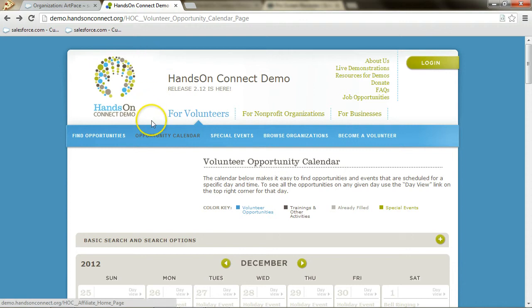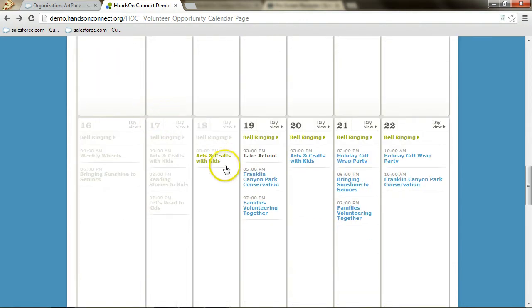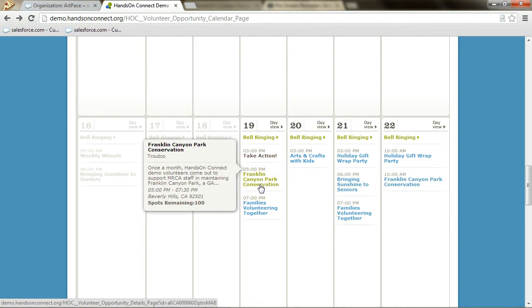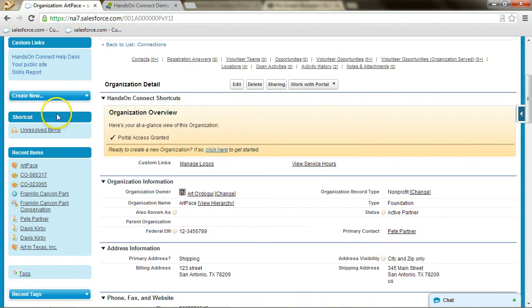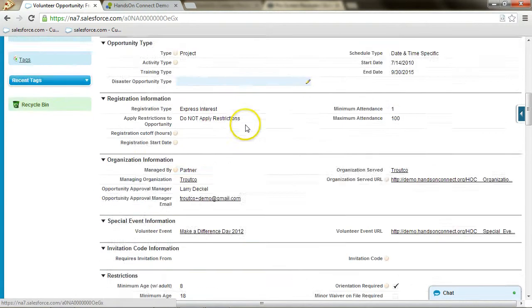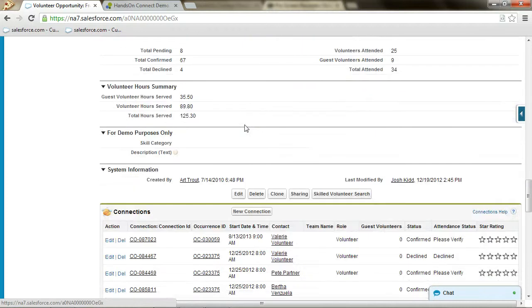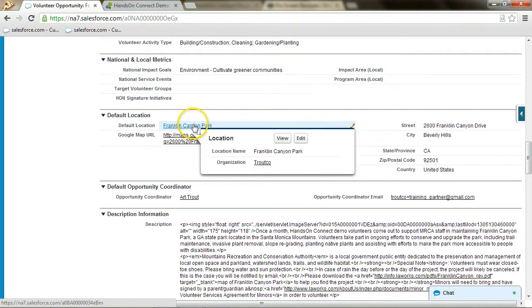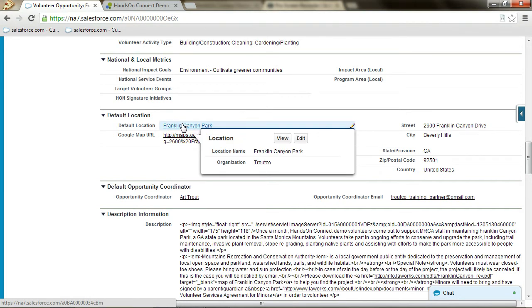If we go to the opportunity calendar for our public site, scroll down, we see this upcoming opportunity for volunteering at Franklin Canyon Park Conservation. If I find this on the back end, and scroll down, you can see that the default location here is set to Franklin Canyon Park, and default location is a required field for volunteer opportunities. If I go through to that location